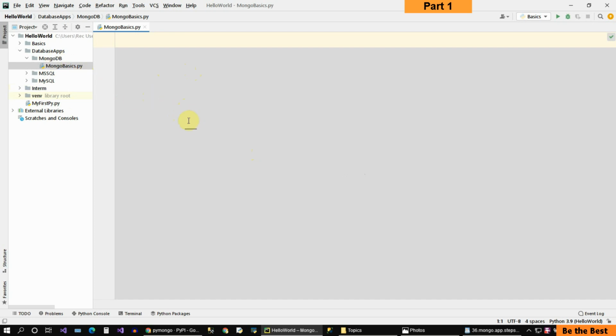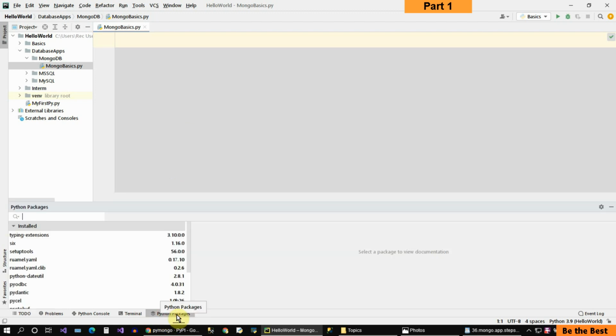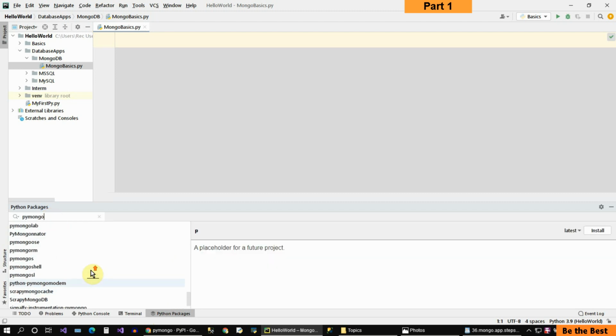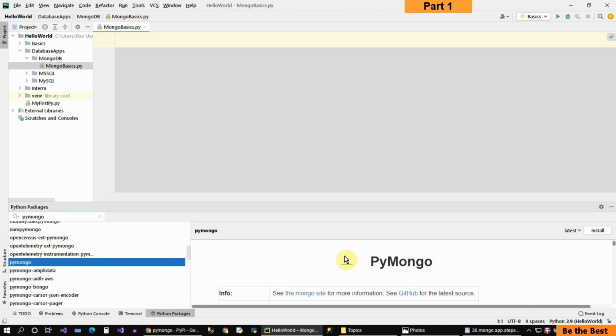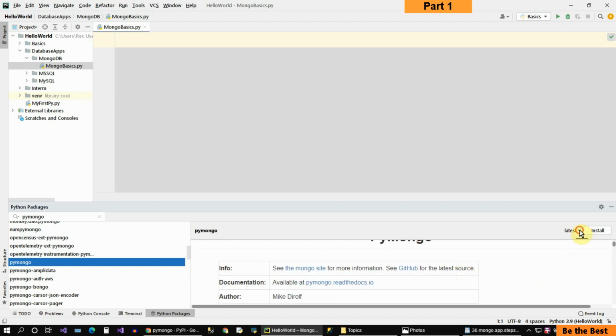But if I want to work with the MongoDB, we need to install the module. To do that, as I told you many times previously, we have different methods. First, I can come to the Python packages here, and after that, search for PyMongo. This is the PyMongo, and more description about it here in this window. And also I have the version. I can select the latest or one of these versions and click on install. This is the simple and straightforward method for automatically installing the PyMongo on the current application and current project of